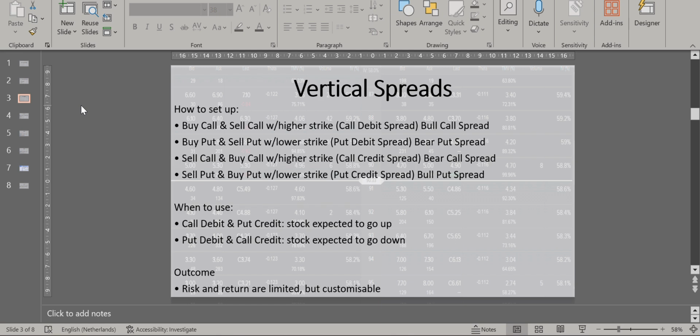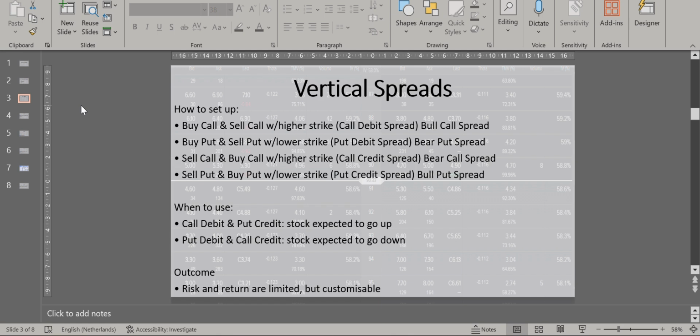I will talk about the other spreads in another video, because I decided not to include all of them in this video, otherwise it will take too much time. But there are, for example, the horizontal spreads, which are basically two options with the same strike price but with different maturity dates, and there are also diagonal spreads, which involve two options with different strikes and also different maturity dates. But we'll get to those at a later stage. For the time being,